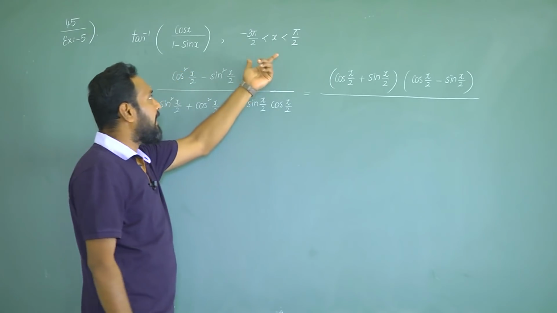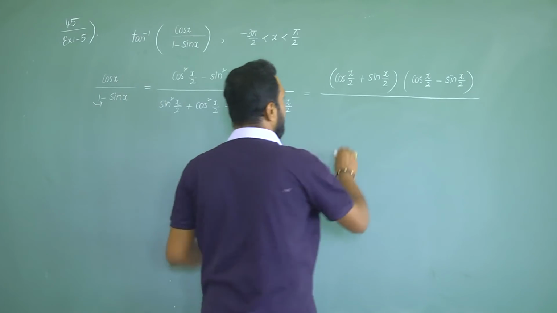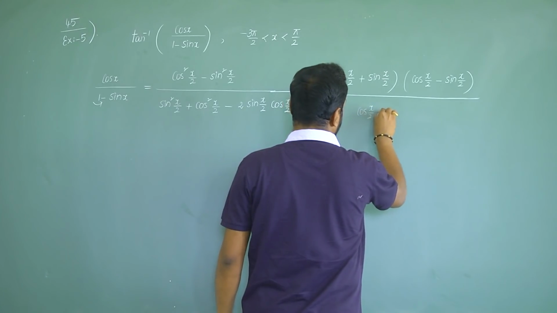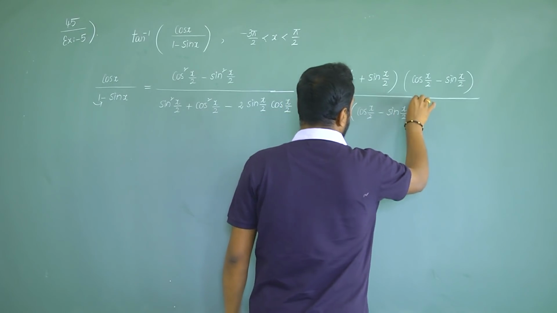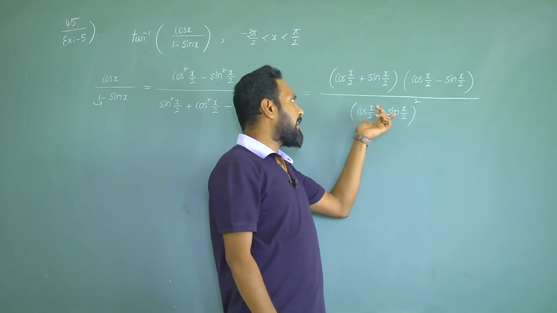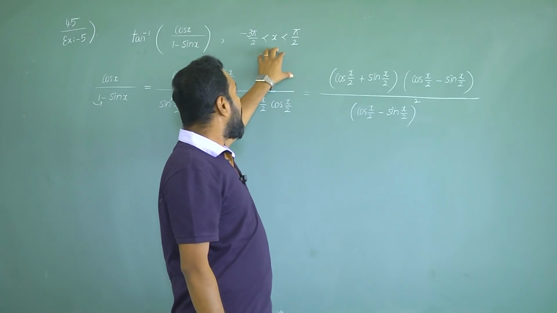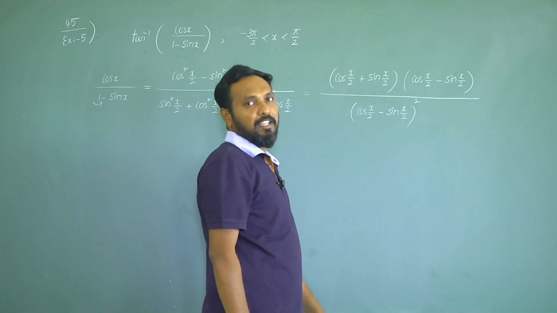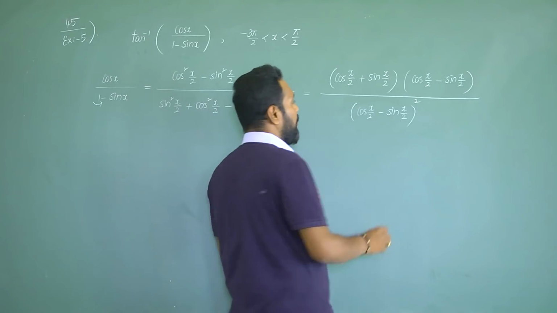According to the given interval, which function formula do I have to write? It means (cos x/2 minus sin x/2) whole square. In this step I can write (sin x/2 minus cos x/2) whole square or (cos x/2 minus sin x/2) whole square, but according to the given interval for x, we have to write (cos x/2 minus sin x/2) whole square. Why? Because it should always be positive.